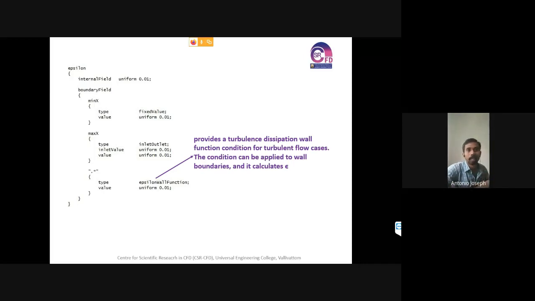So that's it. Now we are giving the epsilon value also. That's in the walls. We are giving the command for finding the epsilon from the wall function. That's a model that's already created for finding the epsilon value. So it will be using the epsilon wall function for calculating the values of epsilon at the walls of the geometries.